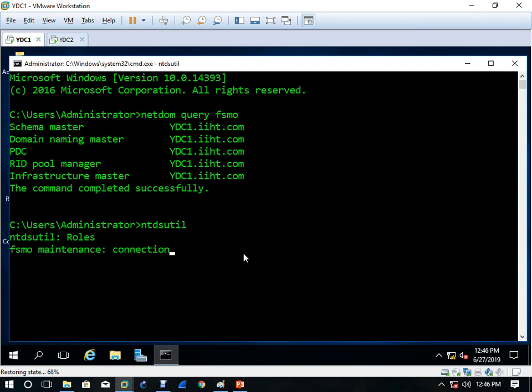Connections, enter. Now connect to domain Yaoundé DC2.ist.com, right? Because I want to transfer.